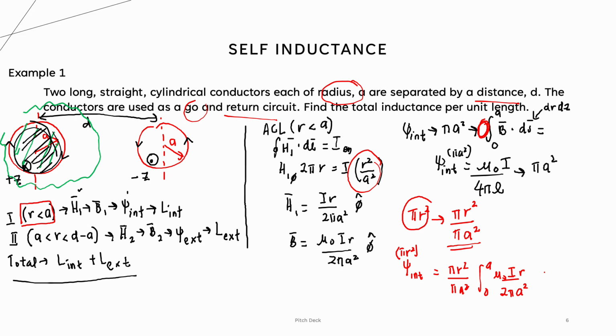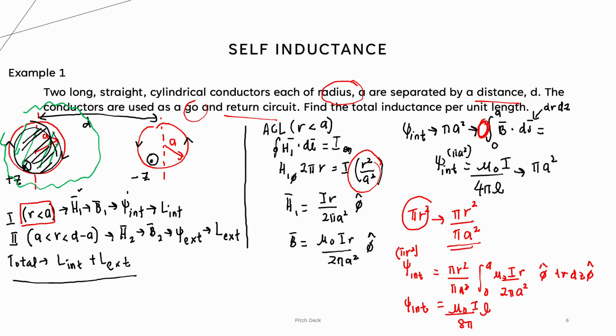We're going to be on dr dz, phi direction, so dr dz also in the phi direction. So if you solve this, you will be able to get the value for the internal flux, which will be equal to mu naught I over 8 pi,